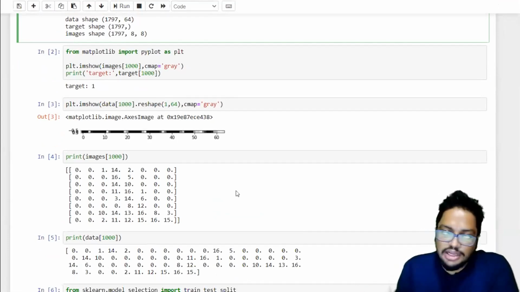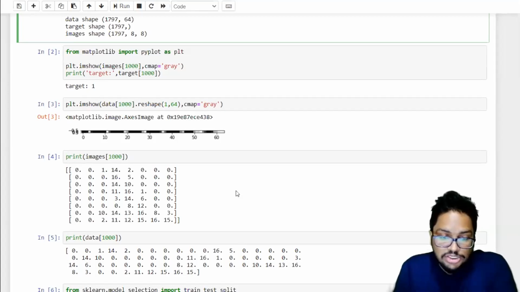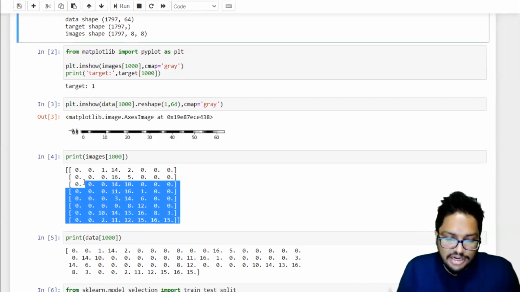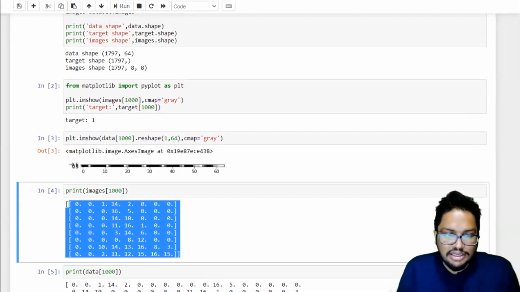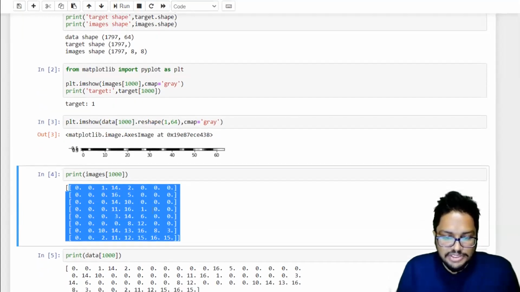It is not 8-bit but 4-bit, so the values are in the range from 0 to 16, not 0 to 255. So for the images that we have trained on, can you see the white color here? White color is represented by